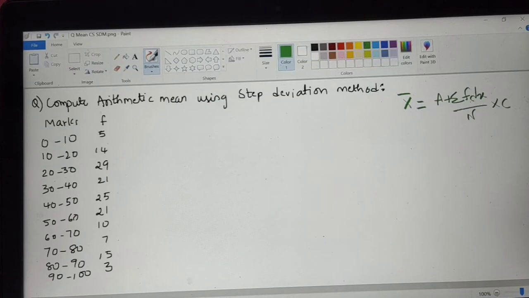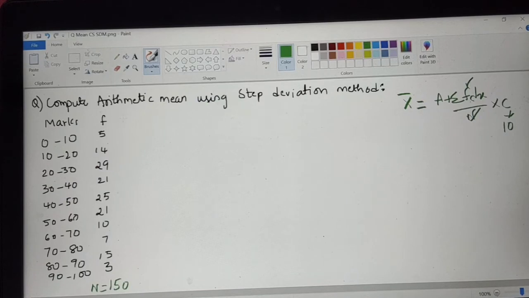The first column that we have in the question given to us already is f. Next, n is the total of the frequency column, where I have kept the total ready, which is n equal to 150. So now we have f and we have n. Next, c. What is the difference in the class interval? If you notice, everything has a difference of 10. Upper limit minus lower limit, you can do 20 minus 10, 50 minus 40. Anything you do, you will be getting 10 as the difference.